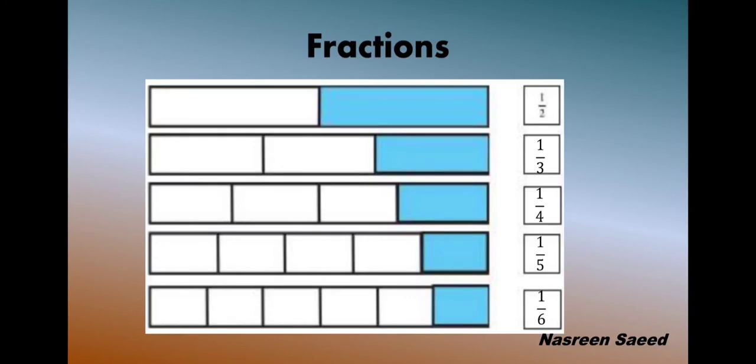Like if you see now, the first fraction is 1 upon 2, so the colored part I am getting is more. But in the last fraction 1 upon 6, जबकि 6 बड़ा number है, you have divided the strip into 6 parts. The colored portion which you are getting is very small. So in fractions, when you decide the greater and the smaller, as the denominator, जो नीचे का number है, goes on increasing, your value goes on decreasing. So we'll understand this better in the next video.